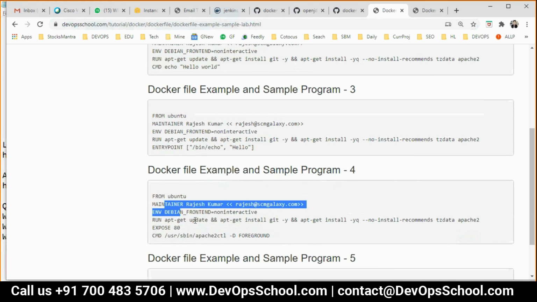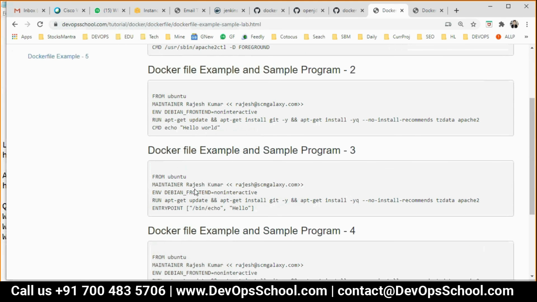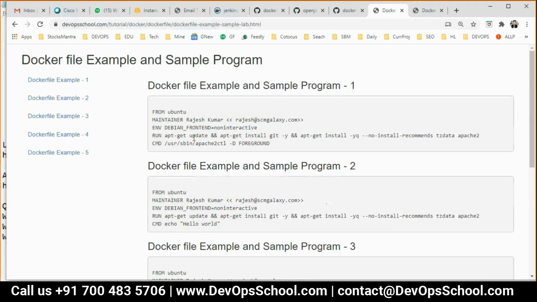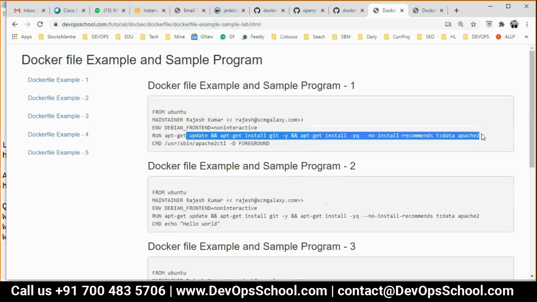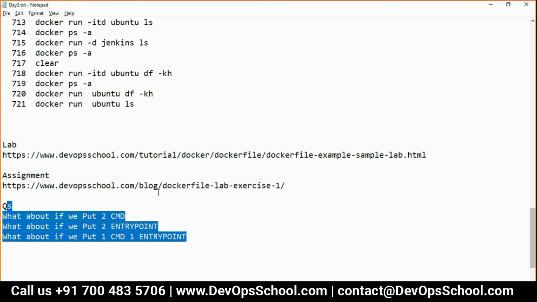1, 2, 3, 4, 5. How to build an image, you know that, everything I have already shared in the notes. In this, there is some problem in this command, and how you're going to solve it, you just try it out. It's a troubleshooting skill I want you to develop while building the image. It's very easy to fix those issues, but I want you to fix it yourself rather than me telling you. And for the lab assignment, I will give you, let's say, 45 minutes.